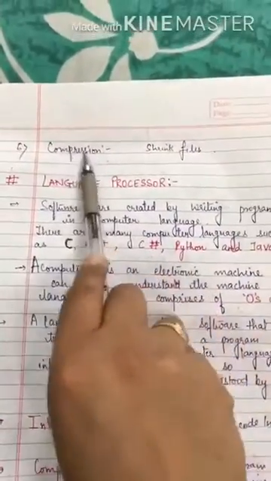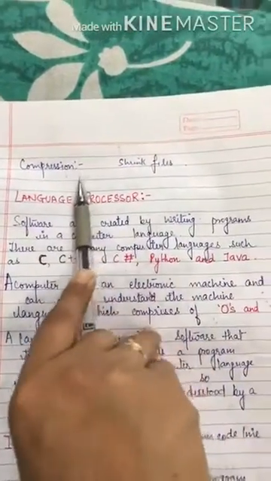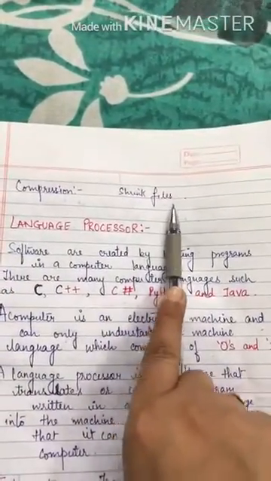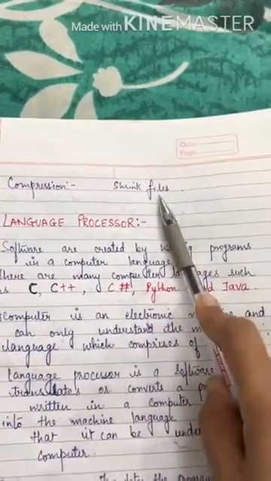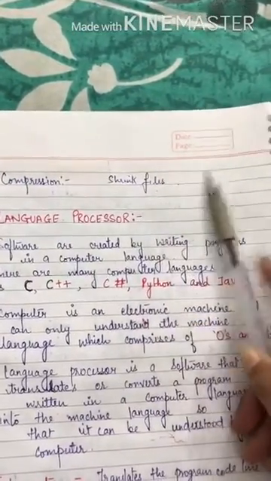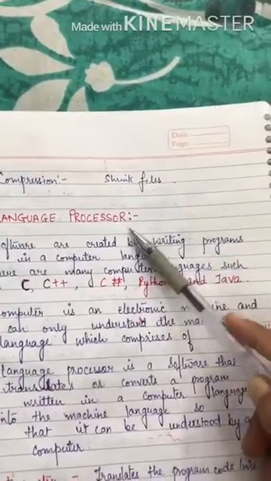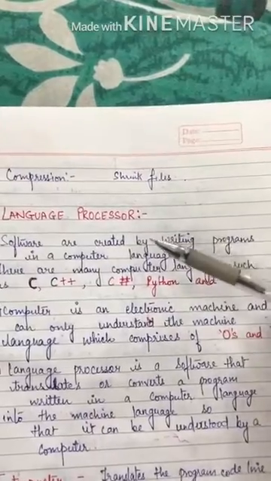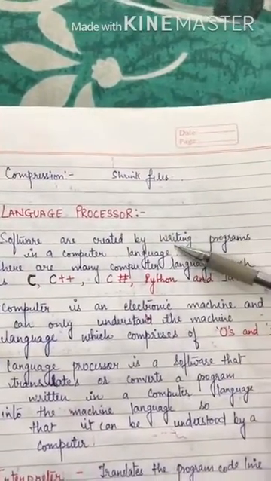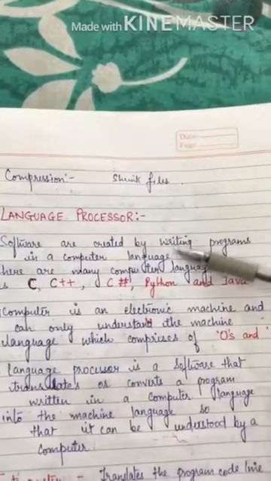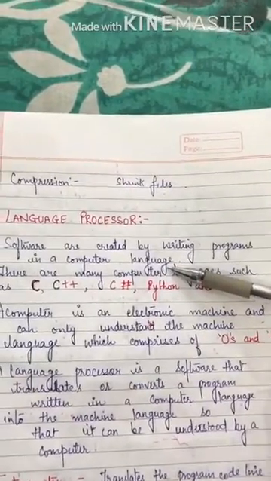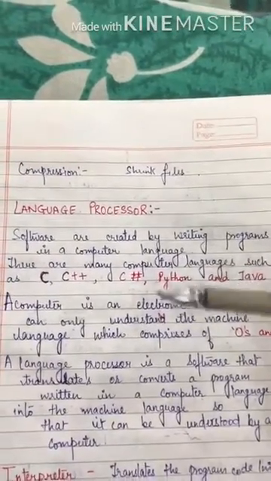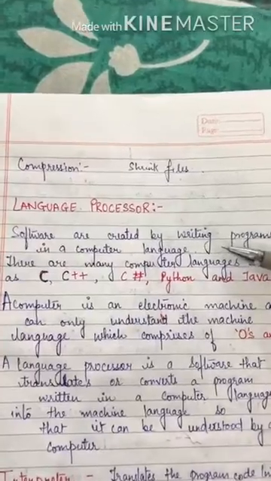Now, the last one is compression. What do you mean by compression? It means to shrink the files. It is a process that shrinks files so that less disk space is occupied. The files that are bigger in size need to be compressed while sending as an email attachment. These files cannot be read directly and must be decompressed to their actual form before use. For example, WinZip, PKZip, 7-zip, etc.